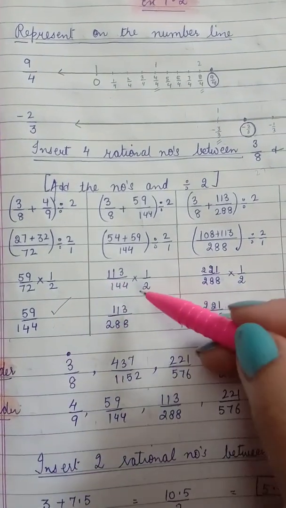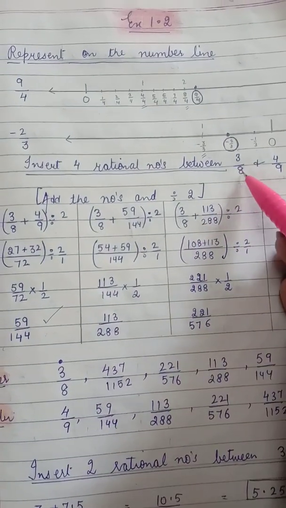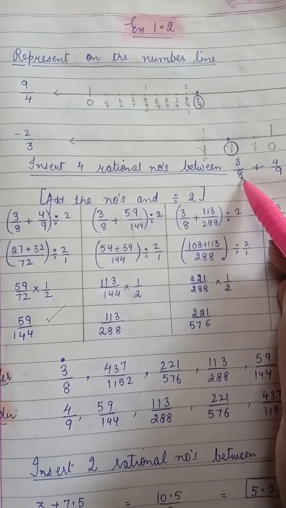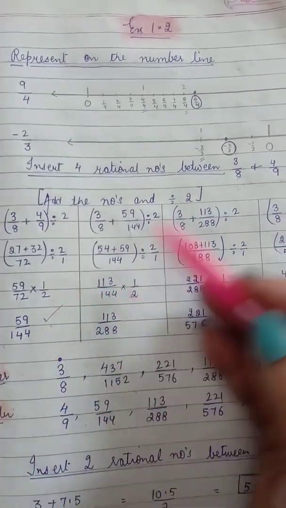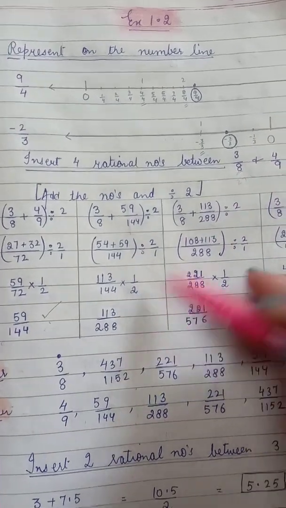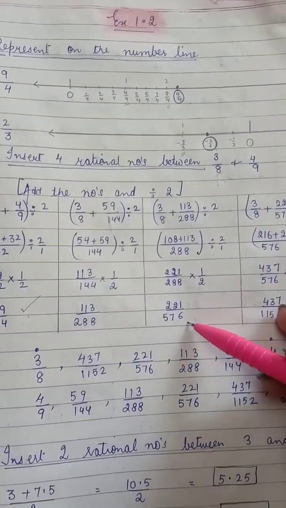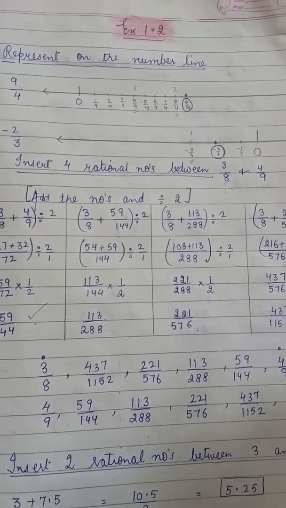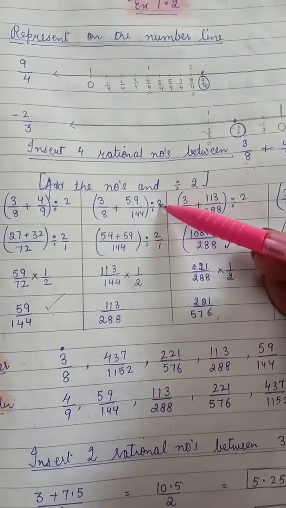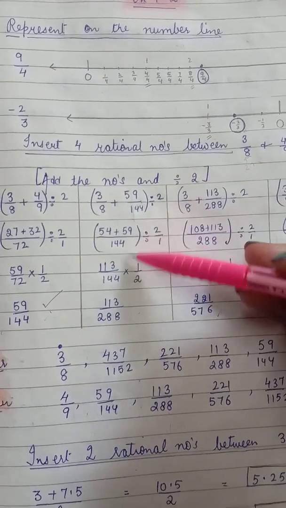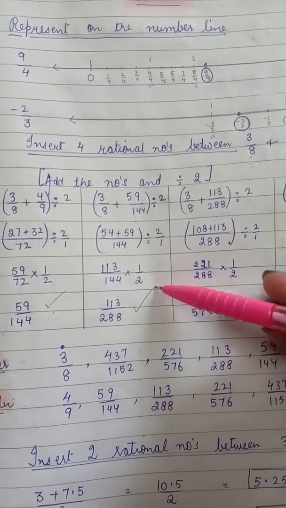Now for the next number, what did I do? I took the first number only. I'll be moving on with the first number, first fraction only. First number and the first answer, then first number and the second answer, first number and the third answer, and so on, depending on how many numbers you want. Now first number and the first answer, again dividing by 2, sum of the numbers dividing by 2, LCM, and you'll get the second number.